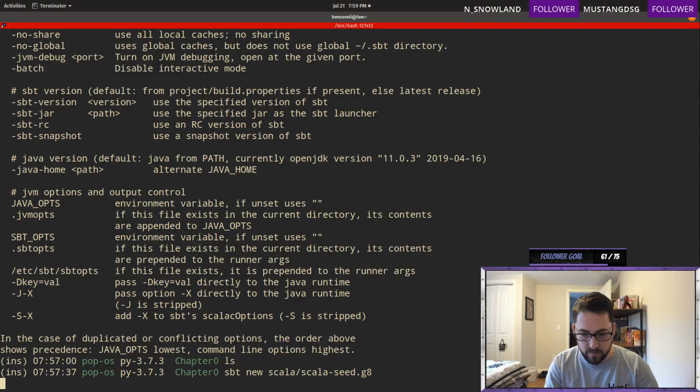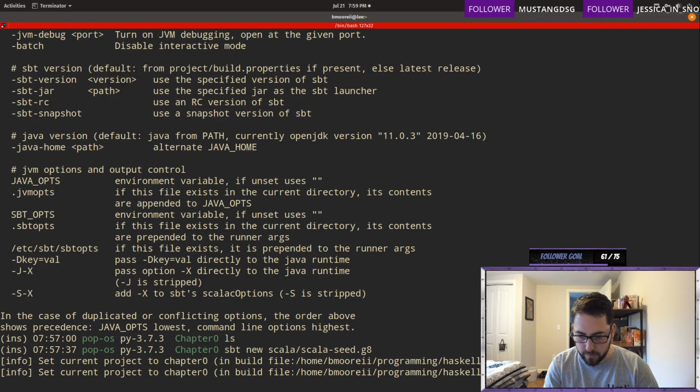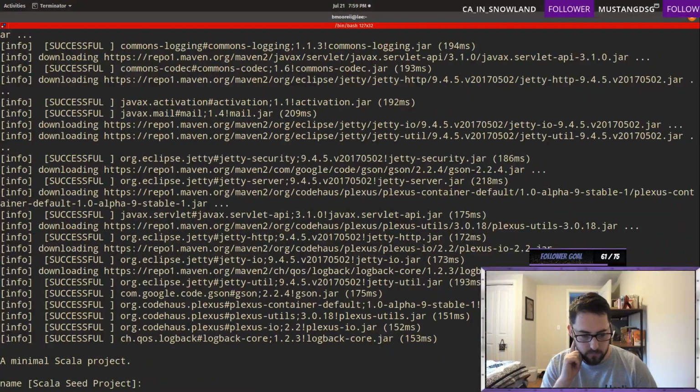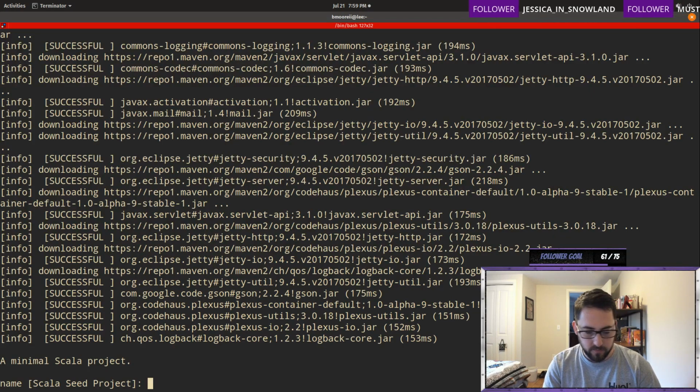Yeah, and that G8 thing is like some sort of template-y file, right? But does that make this current directory the template project? I guess it has to, right? That's not what I wanted to do, but that's okay. Should be a new dir. Okay, let's try this. I don't know. I probably can't call it Scala, huh? Sourcing from GitHub. Right. I do sort of remember this.